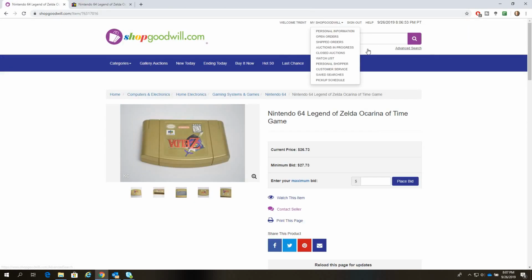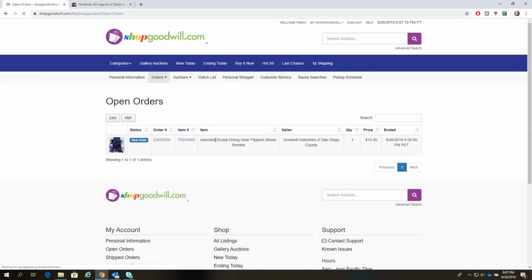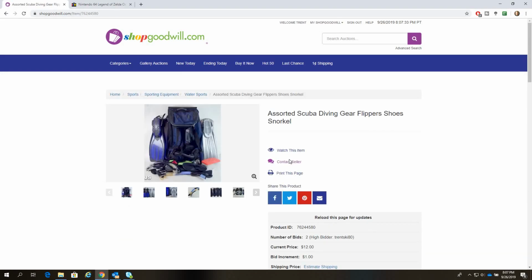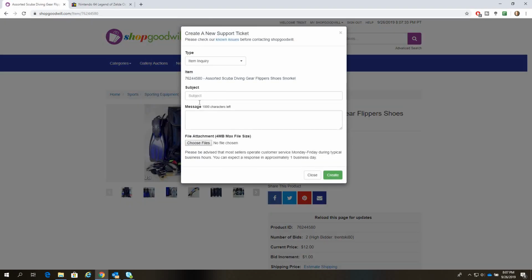So you can call the number on there, or sometimes what I do is open orders. I go to one of my open orders, and in open orders you can view the item again, and then see right here, contact seller. You can send them a message, item inquiry, pickup support, bam, request pickup. You have to look at their policy, talk to them, and find out what pickup times they allow. You have to find out per location. So I'll say request pickup